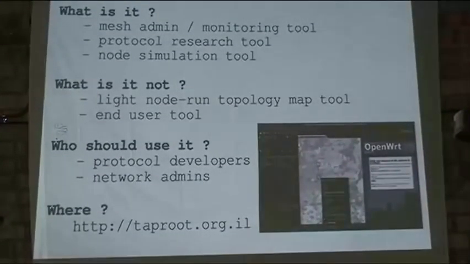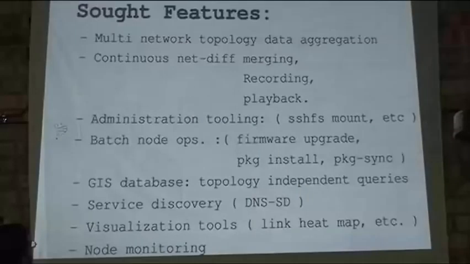So what is it not? It's not intended to be a light node run topology tool that each of the nodes runs, and it's intended to be used by the developers and not the end users that are running the nodes. So these are the main features that I was aiming at, and the implementation degree on each one of